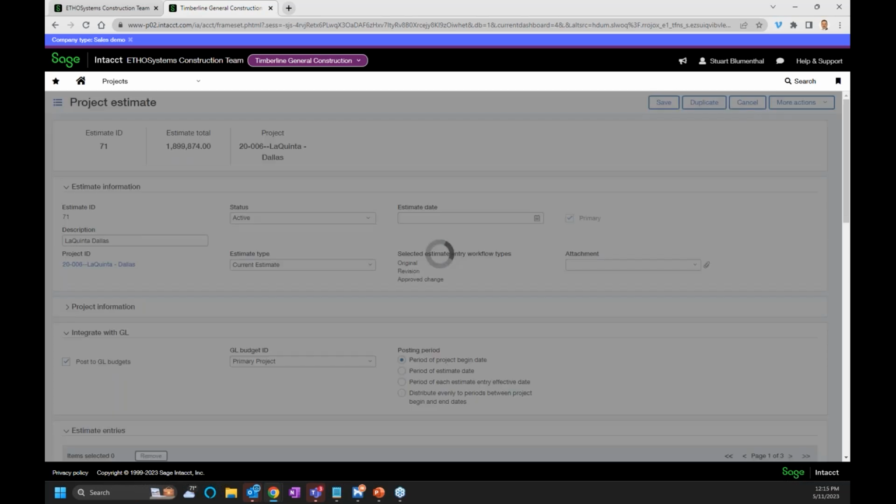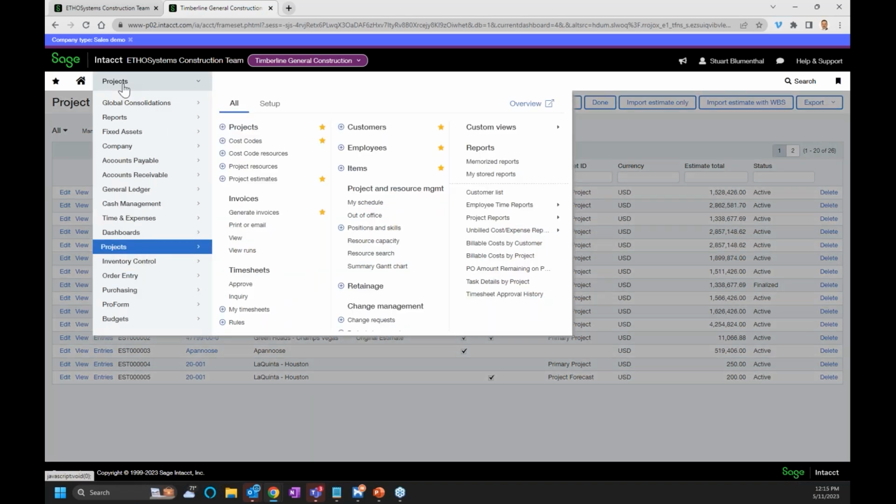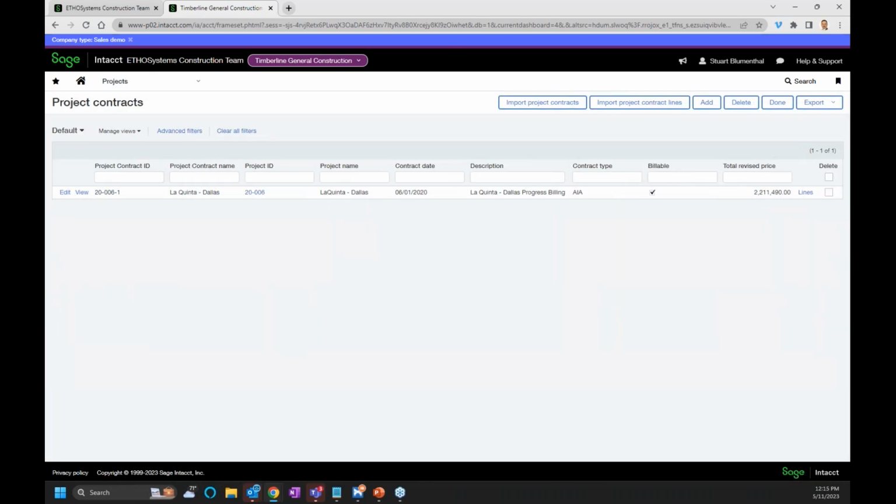I'm going to hit save. Done with that one. Looks good. Now, the other thing that it just did was that it went through, and if I looked at my project contracts at this point here,